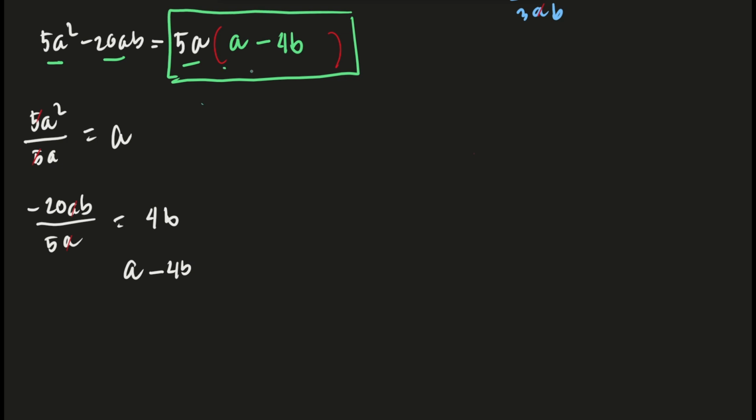Okay? To check, we're going to use the distributive rule. 5a multiplied by a will give you 5a squared. And then 5a multiplied by negative 4b will definitely give you negative 20ab. Next example, we have